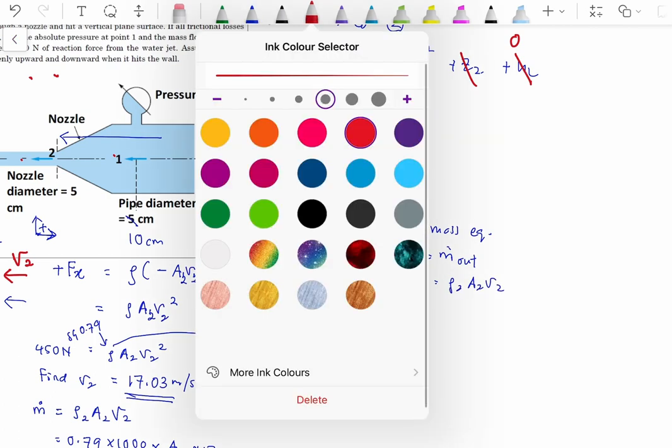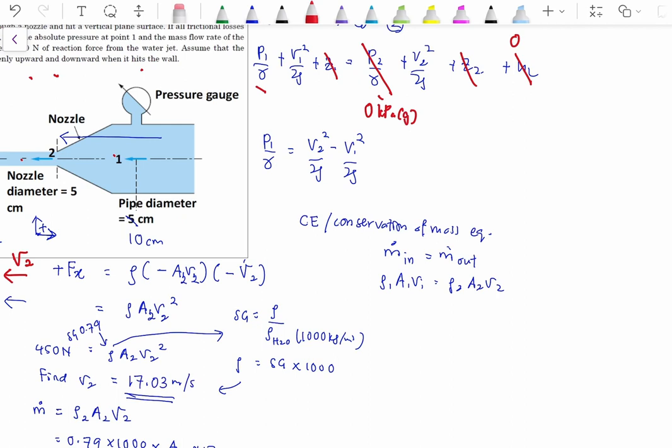This is an incompressible liquid, so the density does not change, leaving you with A1 V1 equal to A2 V2. So since you were given your V2, and also the dimensions for 1 and 2, your V1 becomes 4.26